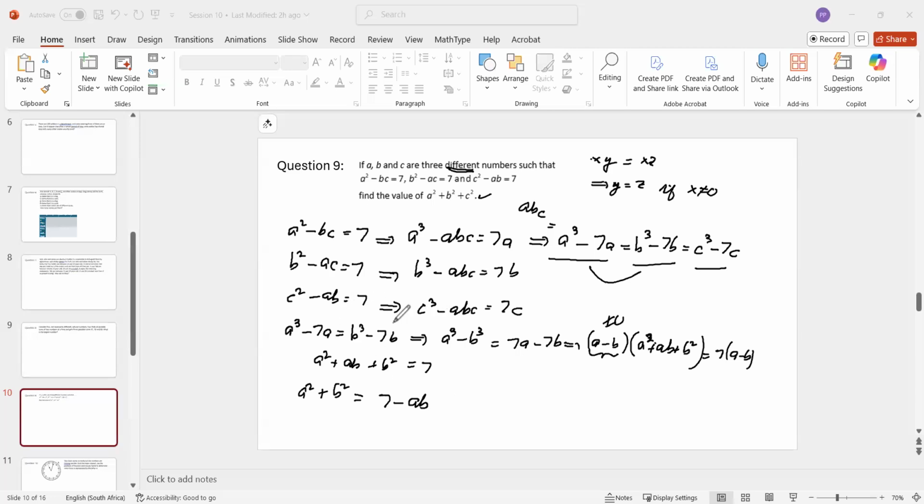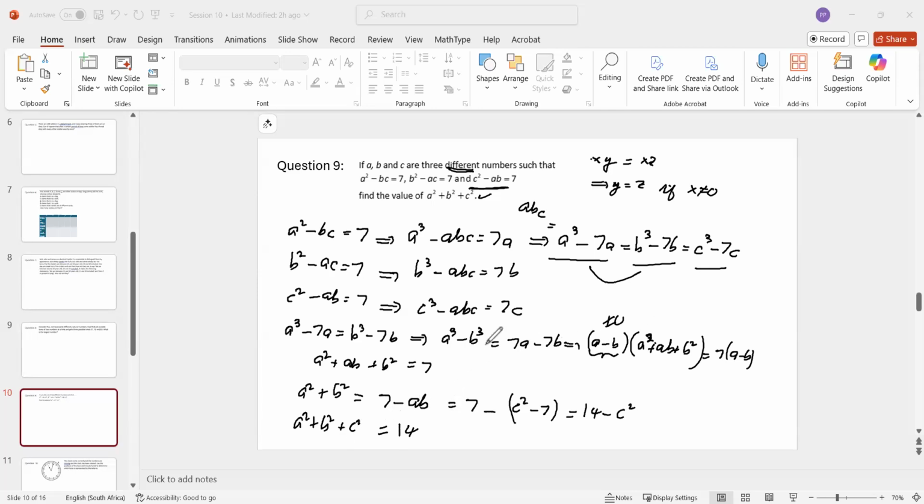But ab from here, ab is c squared minus 7. ab, if you bring it to this side, is c squared minus 7. Now you got 7 minus c squared plus 7, which is 14 minus c squared. And if you bring the c squared to the other side, a squared plus b squared plus c squared is 14. Yeah, this was the easy solution that I found because I had another one which was very